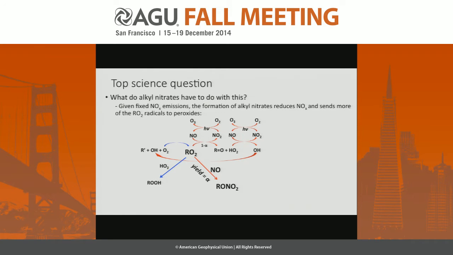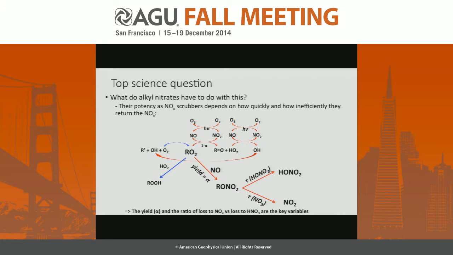So what does this have to do with the formation of nitrates? In the first figure I showed you earlier, we had all of the RO2s reacting with NO to go on to form HO2 and aldehydes and so on. But it's a little bit more complicated, in that there's a channel from these peroxy radicals that leads to organic nitrates, here listed as RONO2, and they have varying yield depending on which molecule it is. So what happens to these organic nitrates is the question, and there's really two possibilities. One is that on some time constant, tau NO2, they are converted back to NOx. Another possibility is that on a different time scale, tau nitric acid, they're converted to nitric acid.